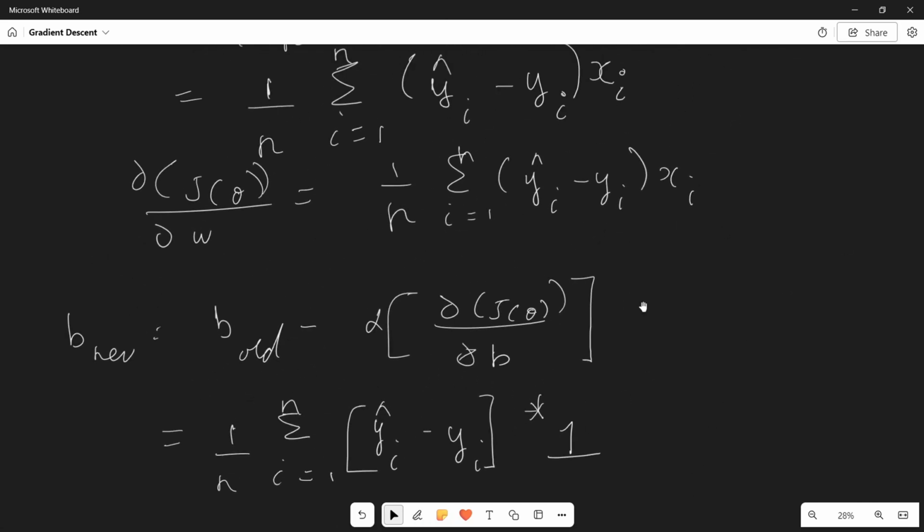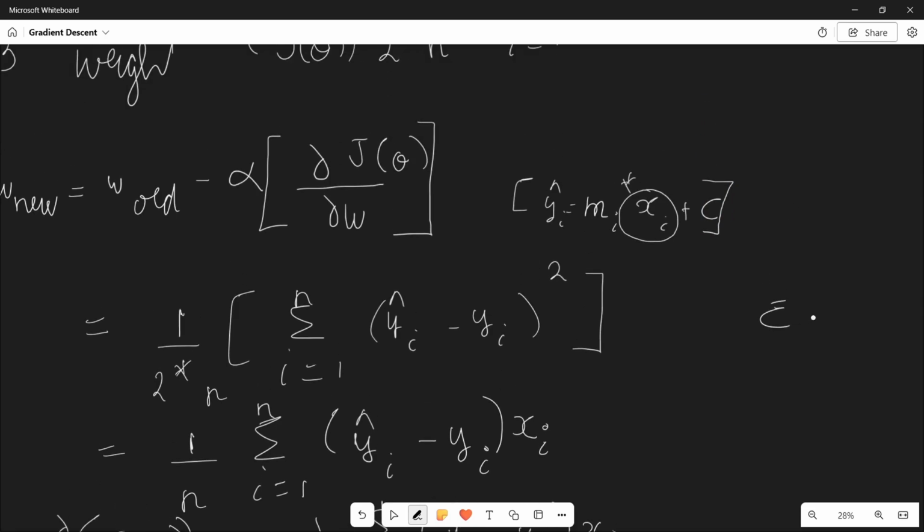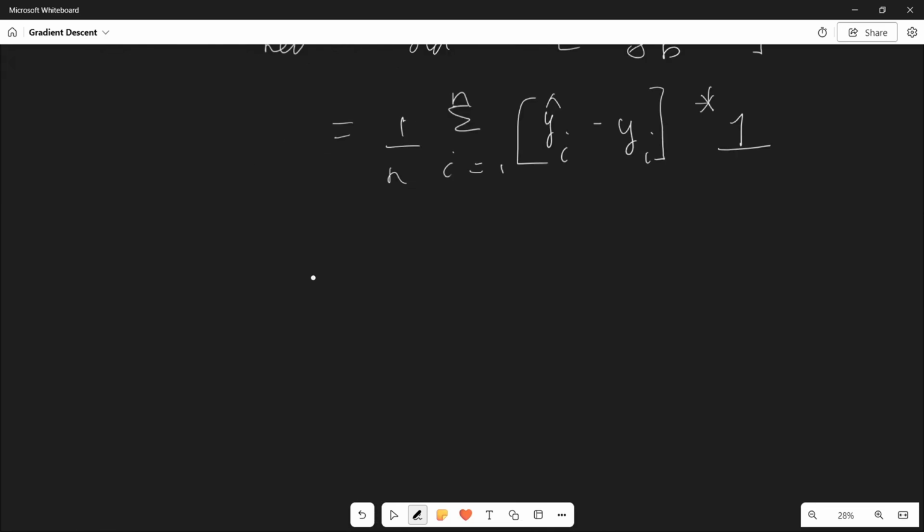Why? Because in a linear regression equation, you can see here mi into xi plus c is the linear regression equation. So here we are just differentiating with respect to the bias, which is the c intercept. The coefficient along with c is actually 1. So after differentiating c, we are only left with 1. So, summing up,